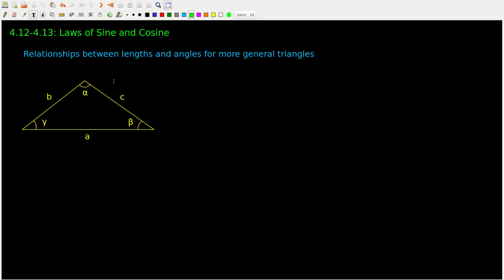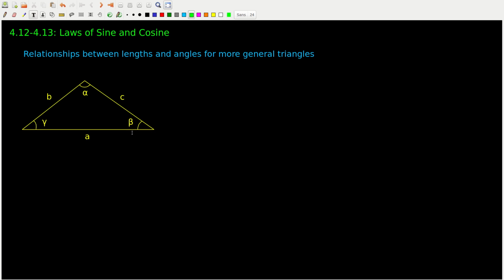We've got three lengths, A, B and C, and the angles opposing those lengths are alpha, beta and gamma. So the first three letters of the Greek alphabet, alpha, beta and gamma, label the angles, and the lengths are the first three Latin letters, A, B and C. Beta is opposite B, alpha is opposite A, gamma is opposite C. Okay, so we want to derive something that's equivalent to the SOHCAHTOA ideas that we had, but for more general